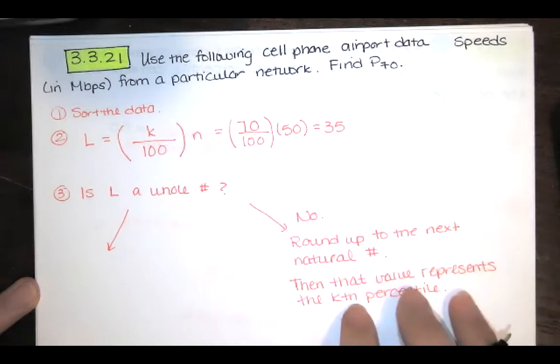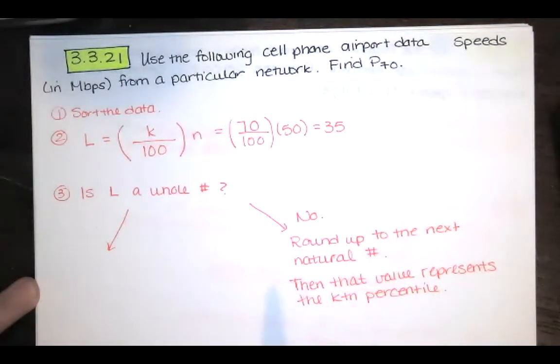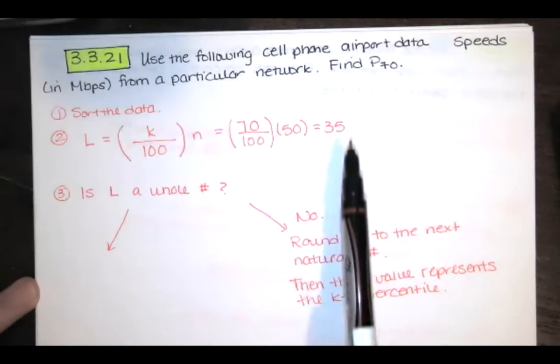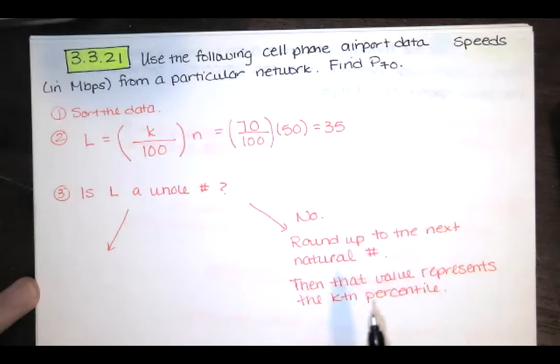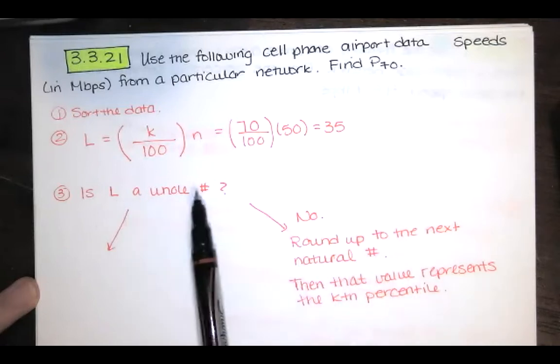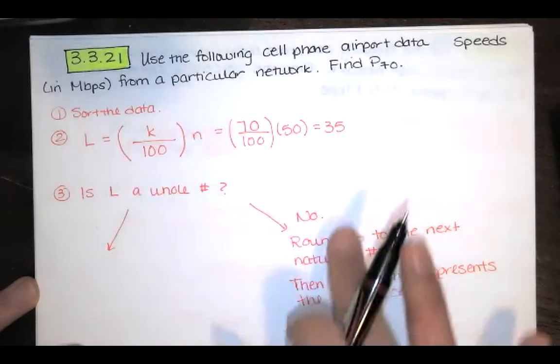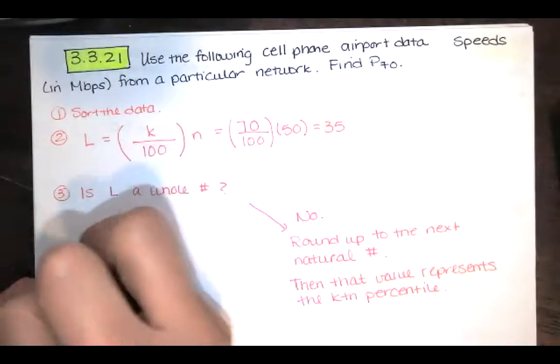Now this is not the case for us, but I want you to know how to do this just in case you see a number that is not a whole number here. So if this was 35.2, let's say, we would say, no, L is not a whole number because it's 35.2. Then we'd round up to 36. And then we go to our list of data, and we look for this 36th number on the list. The 36th number on the list in that case would represent that kth percentile, or the 70th percentile in our case. Now, if this is a whole number,